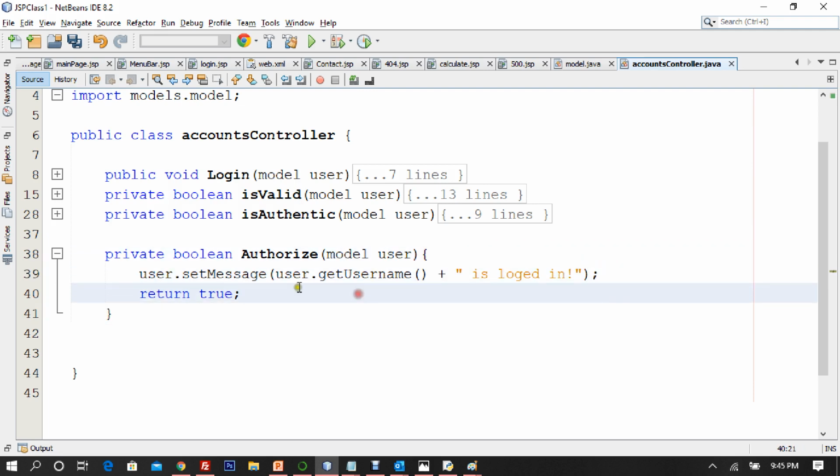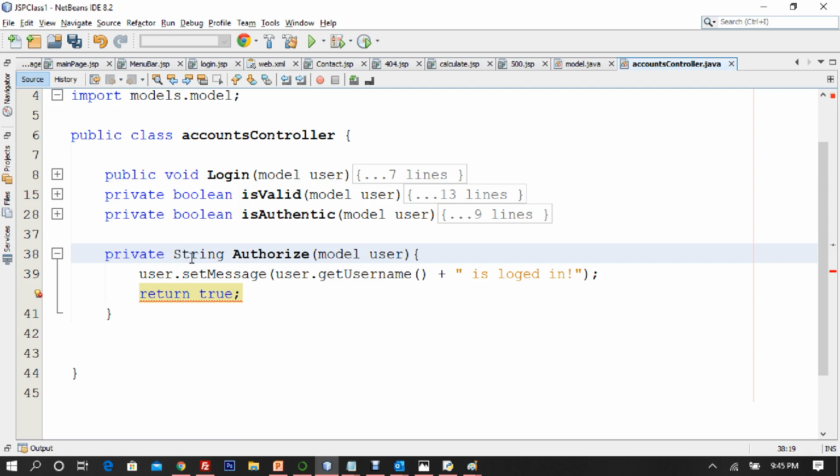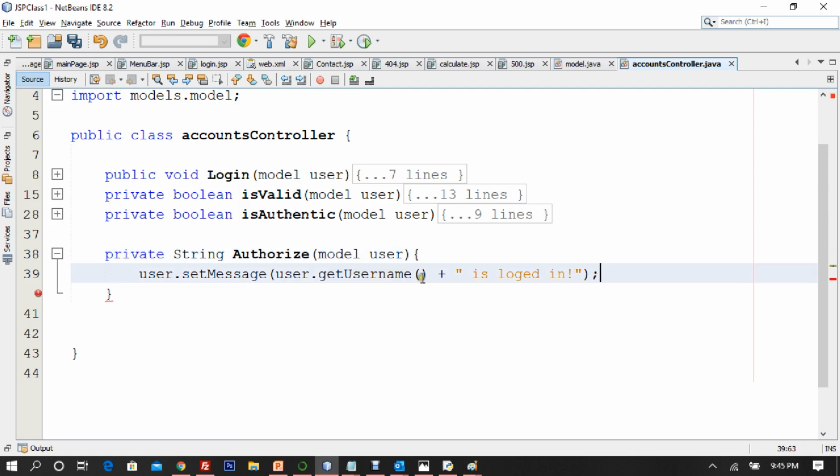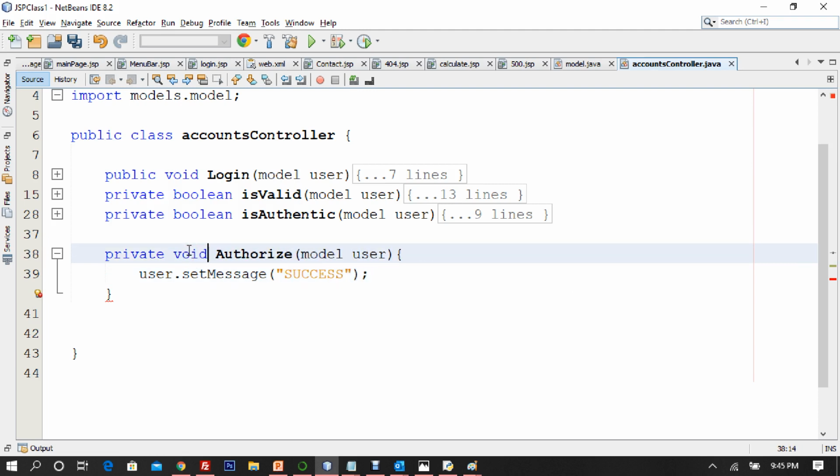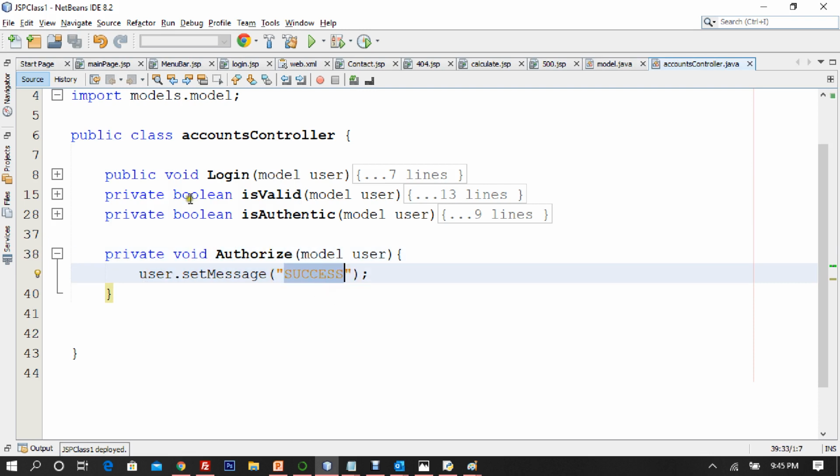Let us say what authorize is doing. Authorize is of type string here, and what we are going to do is user.setMessage, I will pass SUCCESS, and let us keep it void. Let's not change it. So we have not changed authorize, it was void, we have kept it void. Now we'll be using the message. If everything goes fine, in authorize we are doing user.setMessage, success. Now we will handle this